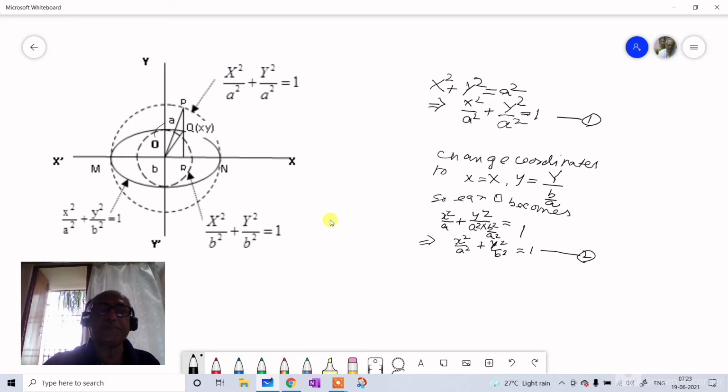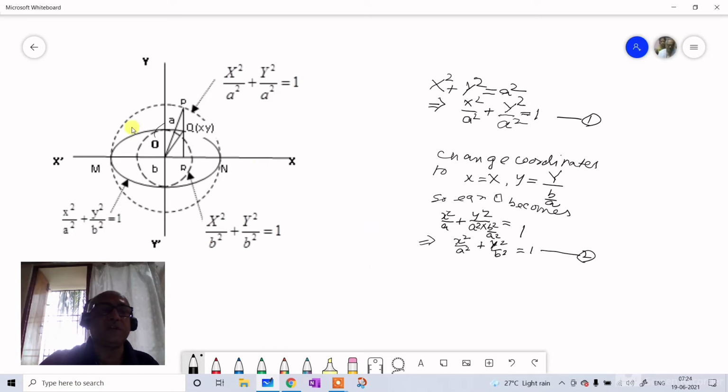Hey guys, in this lecture I will give you the shortest derivation of the equation of an ellipse in coordinate geometry. The traditional books we read gave the derivation of the equation of an ellipse in 2 or 3 pages, and in alternative methods at least half a page, but my derivation will be in just 2 lines, and in addition I will explain a meaning of the eccentricity e.